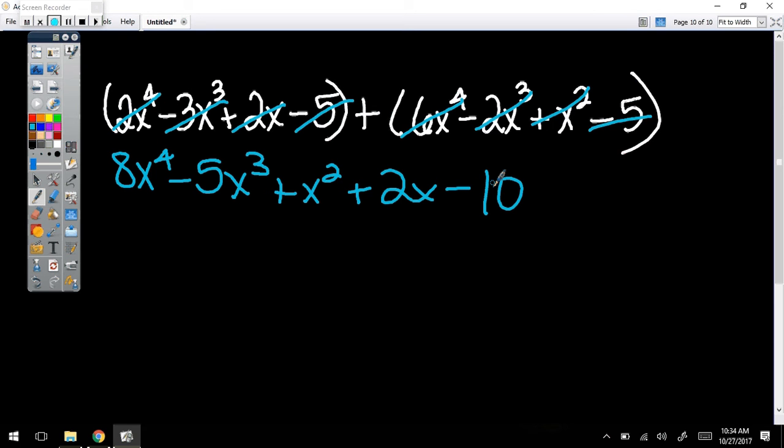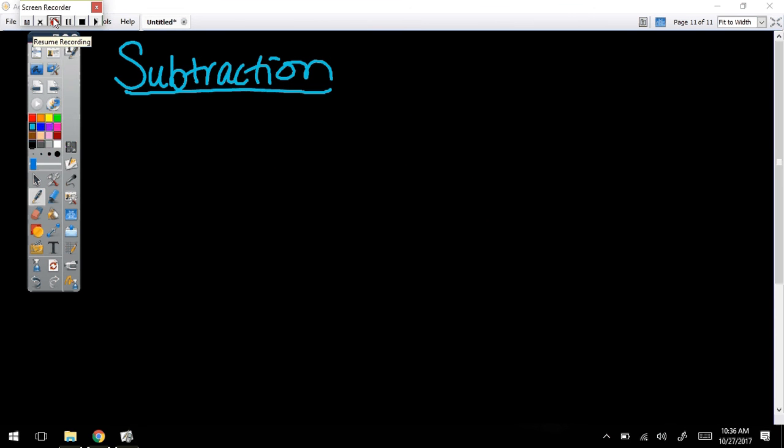All right, so subtraction. The nice thing about subtraction, and we're getting the easy ones out of the way first, because addition and subtraction is easy. If you can do addition, you can do subtraction, okay? Because all subtraction is,